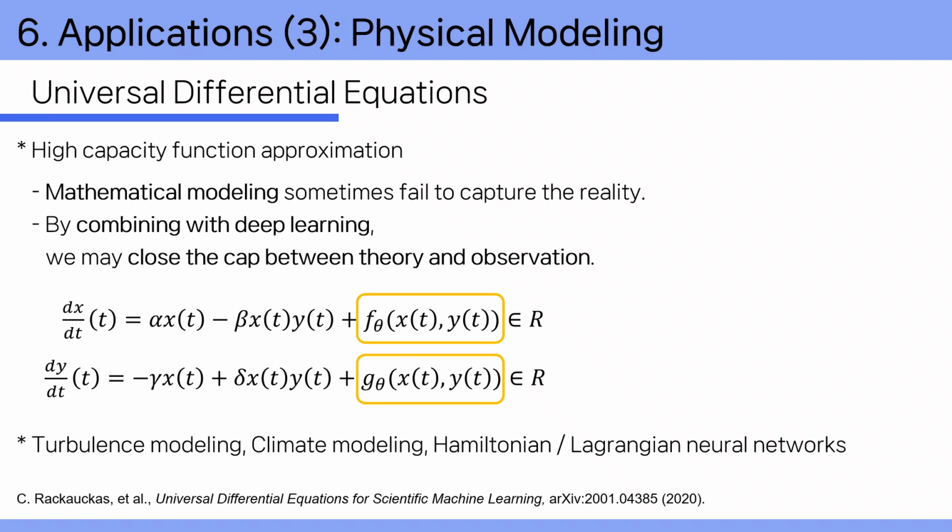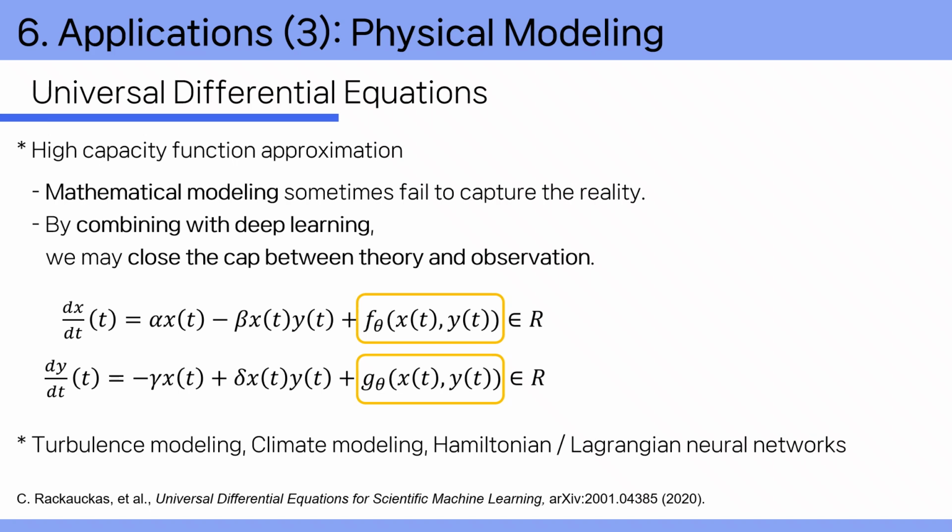The third application is physical modeling, but this is actually a broad term that covers many different fields. In classical mathematical modeling, the mechanistic theory-driven differential equations are already widely used. However, at some point, these theoretical models fail to fully capture the complexities of reality. By combining existing theory with deep learning, using neural networks as high-capacity functional approximators, we can close the gap between